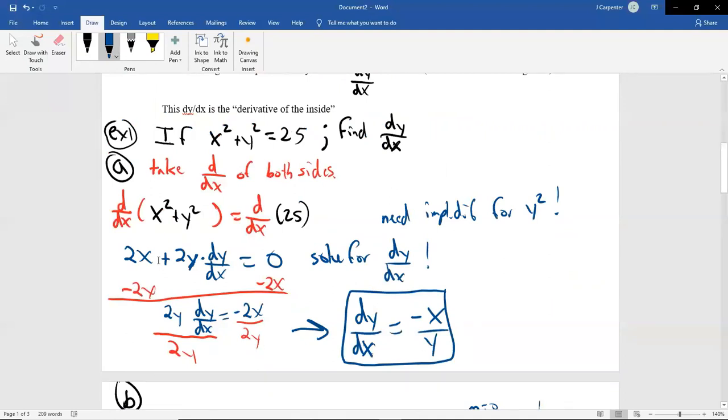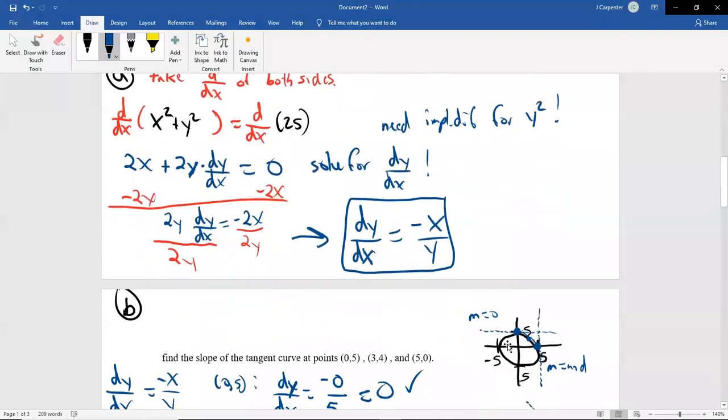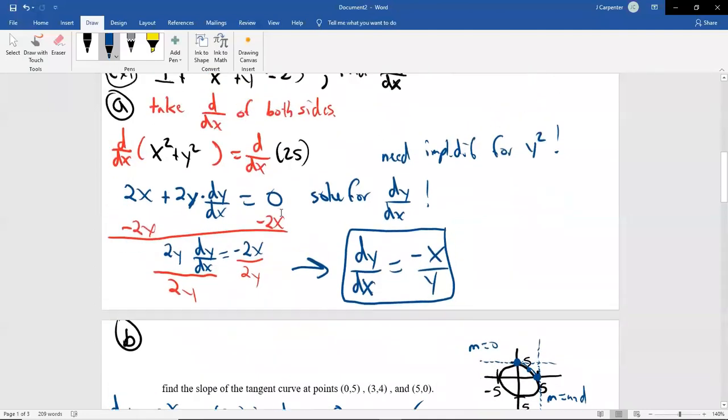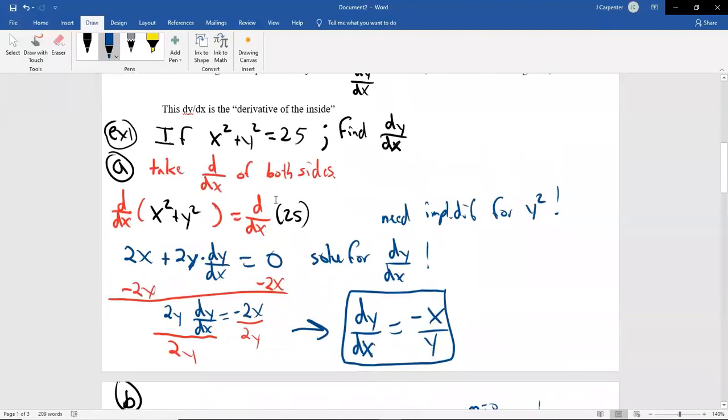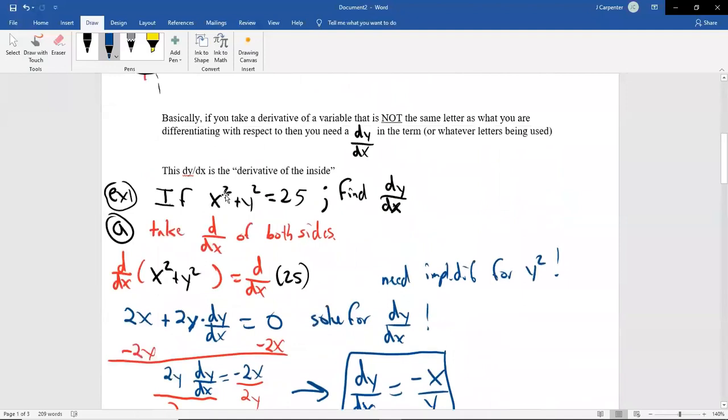So I love this circle problem. It's one of my favorites because it's easy to judge, it's easy to graph, it's easy to see the analytics to it. Once again, on the analytics side, what was the weird part? What's this implicit differentiation? We'll tell you how you have to take the derivative. You have to be told to find dy/dx or dz/dx or dx/dy. You have to be told which to do. And then the bottom letter tells you when things get weird or not. When the bottom letter matches the thing you're taking the derivative of, it's normal. When they don't match, you have to throw in an extra term.